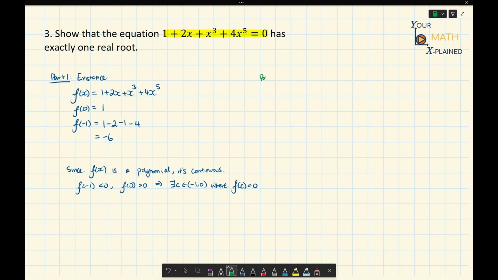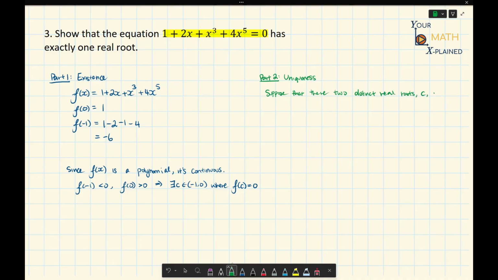So now we have proved the first part, which is the existence of at least one real root. Now part 2 is where we prove that this root is actually unique, meaning that there's only this one root and there doesn't exist a second one. So part 2 is uniqueness. And we're going to be doing that through proof by contradiction using the mean value theorem. So we're going to start by supposing that there are 2 distinct real roots,